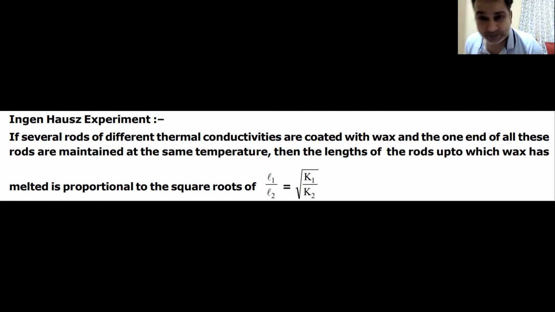And this is one more statement that you must note. The name of this experiment is Ingenhousz's experiment, which is not important for you. No one is going to ask you what is Ingenhousz's experiment. What you have got to understand is the statement: if several rods of different thermal conductivity are coated with wax, and one end of all these rods is maintained at the same temperature, then the length of the rod up to which wax has melted